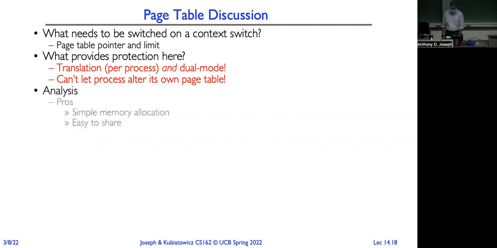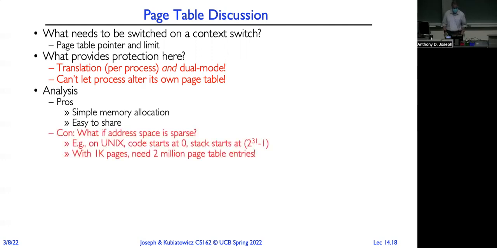All right, so what are some of the advantages here? Well, we get really simple memory allocation. We just use a bit vector to tell us this page is in use, that page is not in use. So we can just scan right through and find a free page really quickly. It's really easy to do sharing. We just map the same page into multiple address spaces. But what are some of the